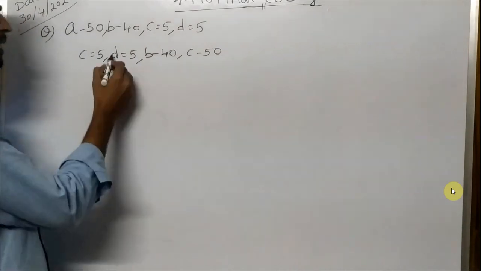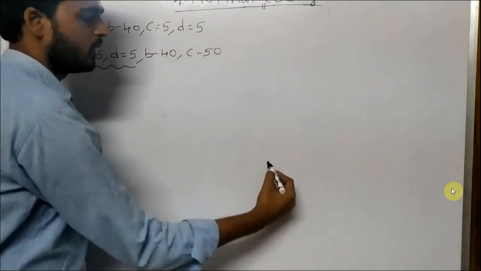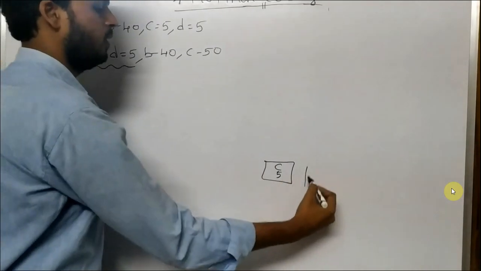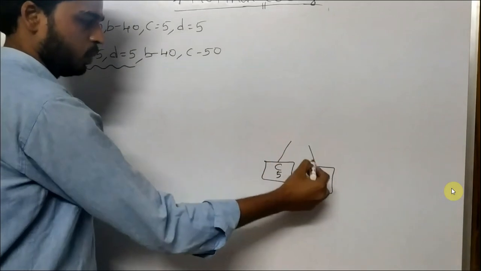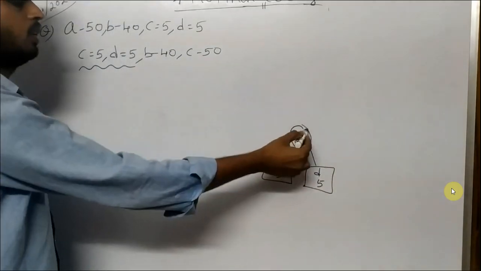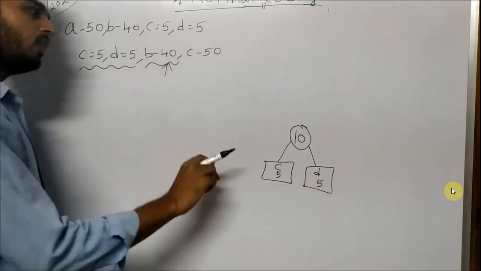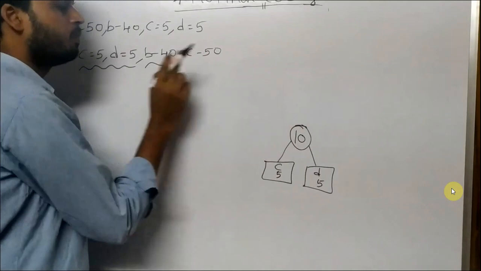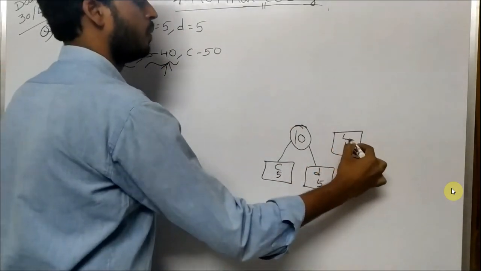When you start constructing the Huffman tree, we are going to take the least 2 values. They are represented as external weights, C5, D5, and I am going to make a new node by summing this to 10. Now I am going to insert the value external path 40. Now I will check external path length 40 against this parent node. This is greater, so I will go for adding to the right side. B40.